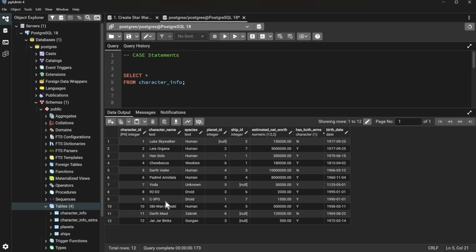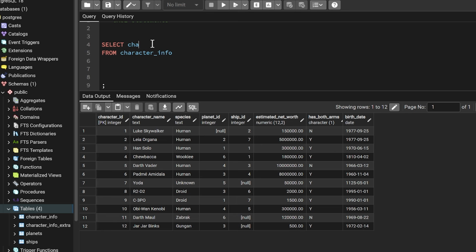But here we have all of our Star Wars characters, and we're going to take this from kind of a human perspective. They're either human or they're not, right? They're human or they're aliens. They're some type of Wookiee, weird looking thing. I'm just kidding. I'm sorry, Chewbacca. But what we want to do is we want to kind of categorize these people. And all we're going to want is the character name. And then we want the species,